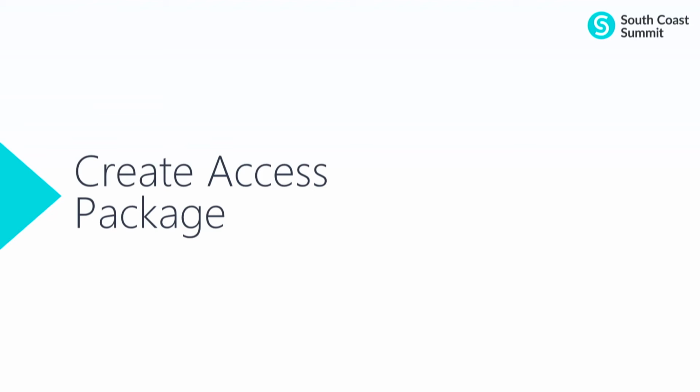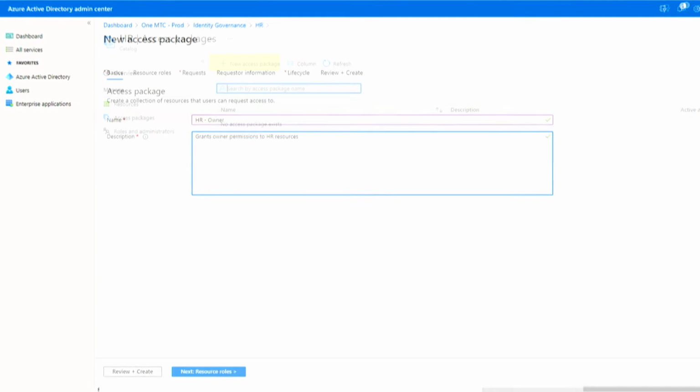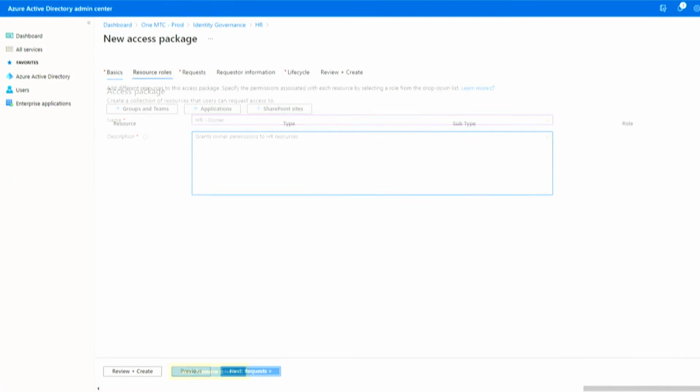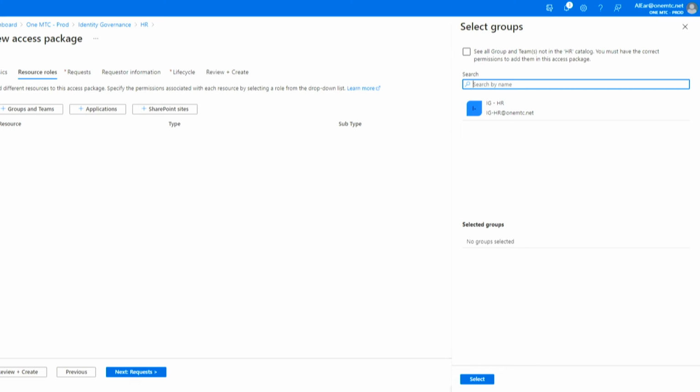So the next step, create an access package. When we go into the access packages and we look at them, it'll say that there's no access packages. We go to new, we put in a name, we put in a description, and then when we start to go through this, we've got a choice of what we actually want to allocate. This is where we're starting to think about the level of permissions we want to give and what we want to give. So if I choose the groups and teams, the same interface pops up as before,